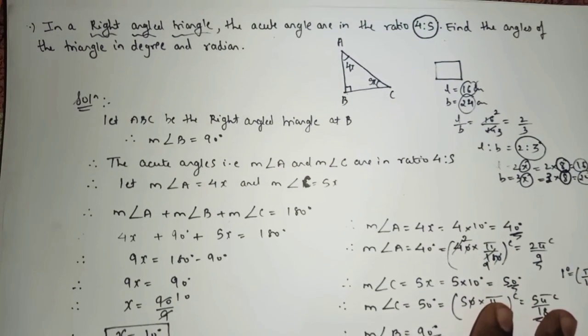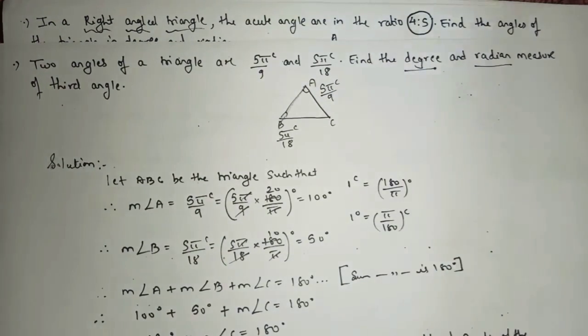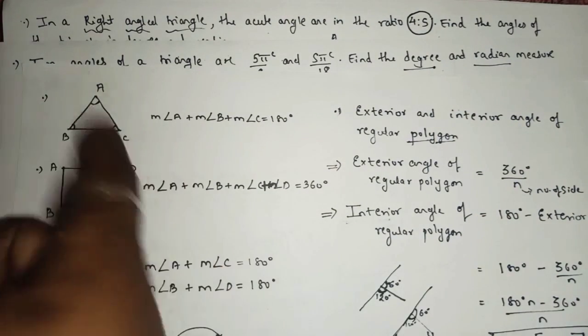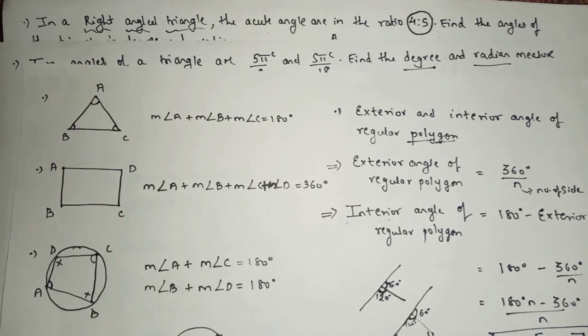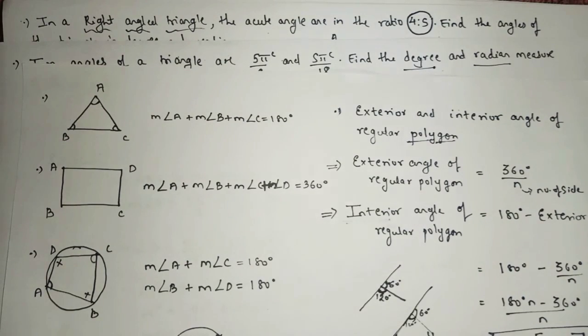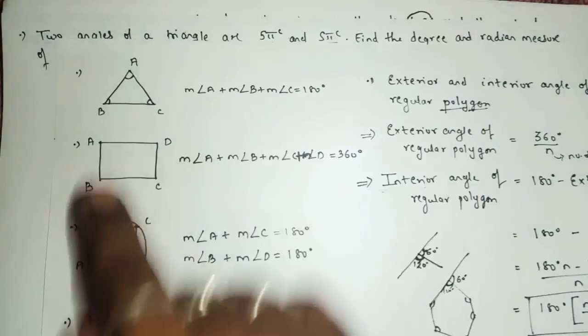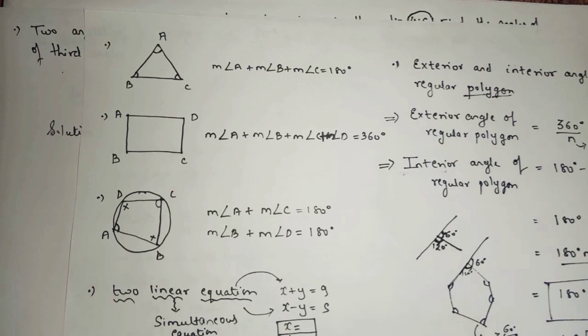I hope you all understood both the examples, as we took two examples based on the triangle. Sometimes the triangle will be replaced by a quadrilateral. For the quadrilateral you will apply this property: the sum of the interior angles of a quadrilateral is 360. That will be the only change, nothing else. The rest of the presentation for the quadrilateral will also be the same. Okay, so let's move on to a few more sums.